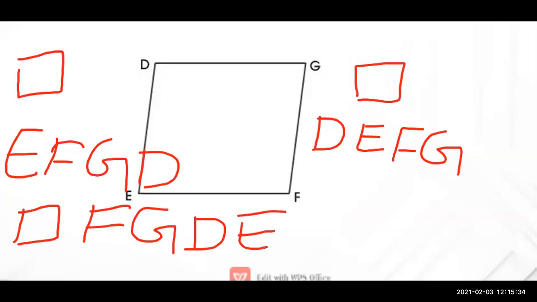So how many times have we written the name of the quadrilateral? 4 times. Why have I not repeated? See, if I leave G and I start with D, now the same will come, DEFG, which I have already written. So how many clockwise and anti-clockwise are there? In total there will be 8, but clockwise will be 4 and anti-clockwise will be another 4. So total there will be 8. Now we have written this as clockwise, so DEFG.